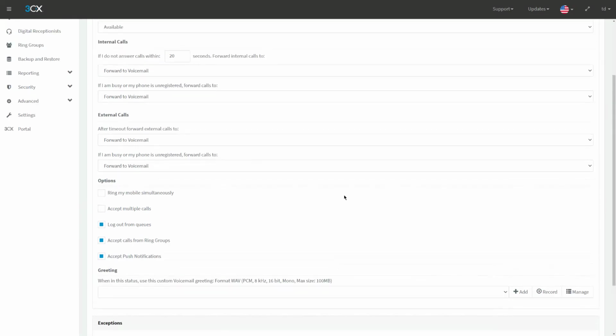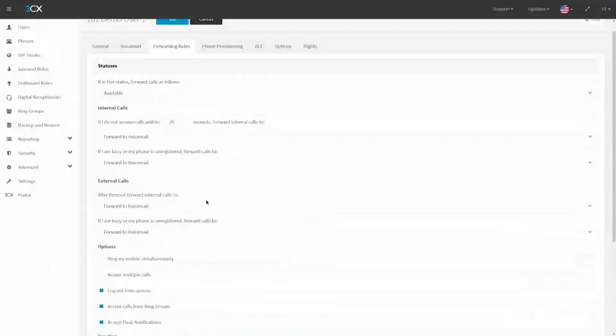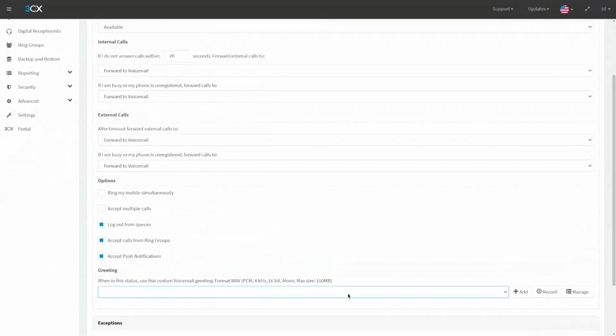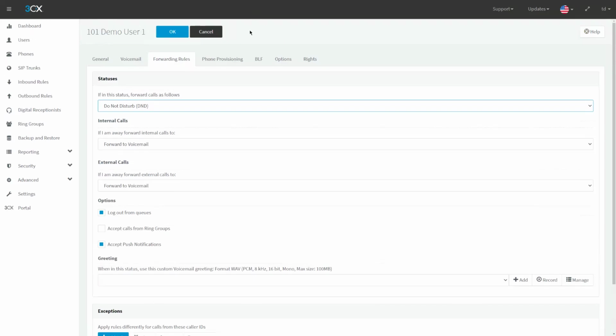You can also set up multiple greetings based on your extension status. Here at the bottom, currently we're changing the greeting inbound callers receive when I'm in the available status. And then we can change it for if you're DND or any of the other statuses. You can also add BLF buttons